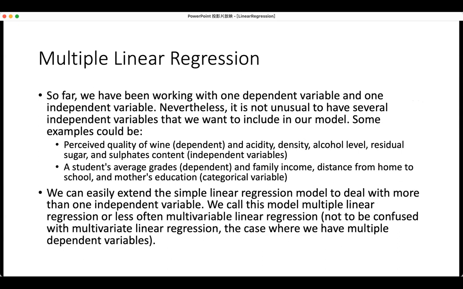So far we have been working with one dependent variable and one independent variable. In simple linear regression, or even in polynomial regression, we have one independent variable and one dependent variable. Nevertheless, it is not unusual to have several independent variables that we want to include in our model. For example,